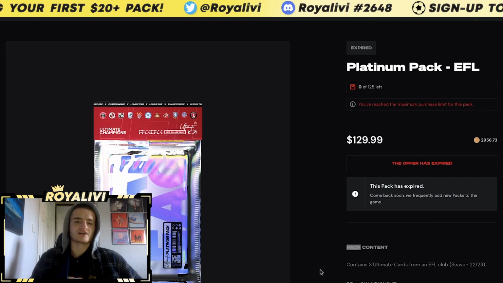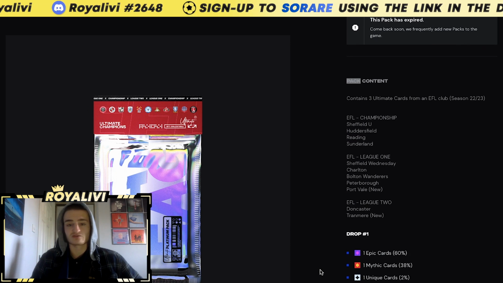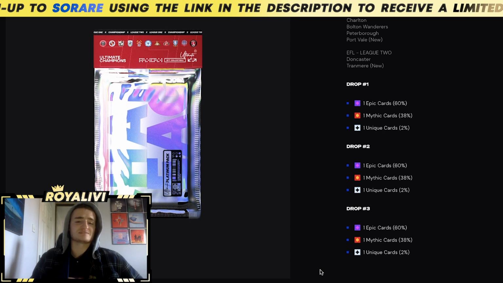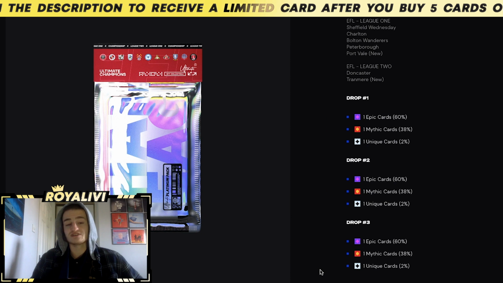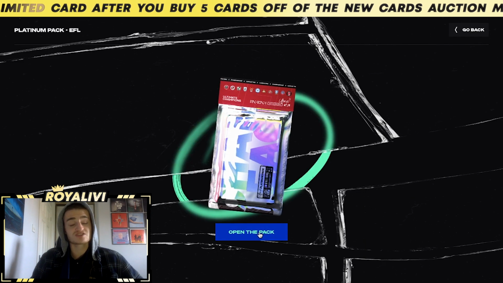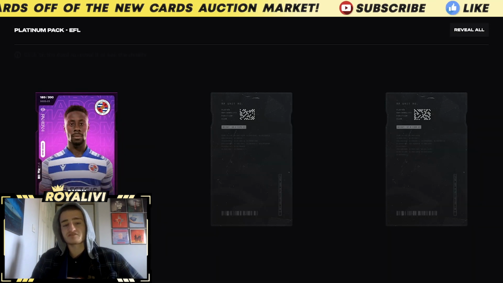For example here, I'm buying an EFL Platinum pack for the 22-23 season, and this pack offers up increased chances of packing a unique or a mythic card. We can see here on the pack page, 60% chance of an epic, 38% chance of a mythic, and a 2% chance of a sweet unique card over 3 different drops. So this pack cost me $129. So in this case about 2,900 champ,